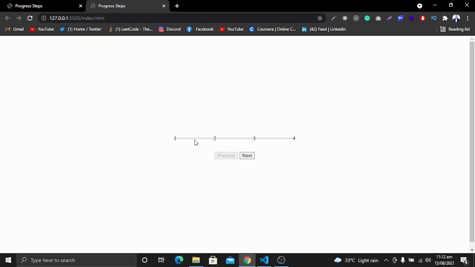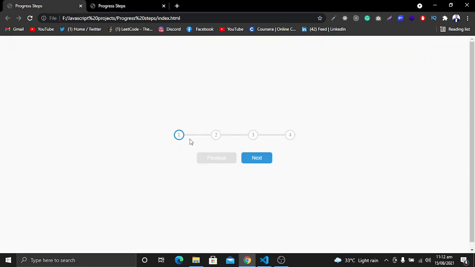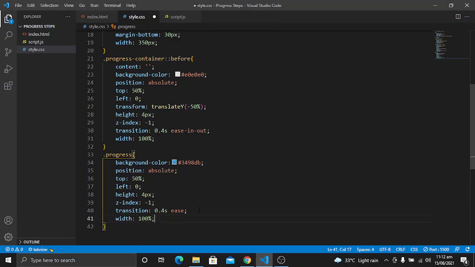You will not see any changes here, as you see, when I am hovering. You will see some changes later, when we click, we want this blue color to move in the next steps. So let's build this part. First of all, I will set the default width to be 0%.